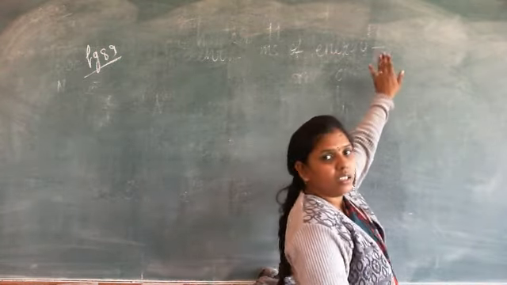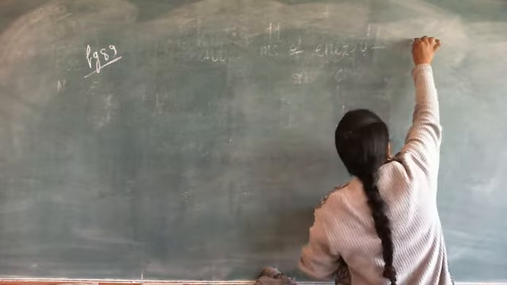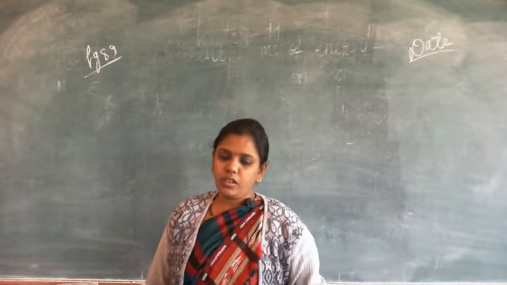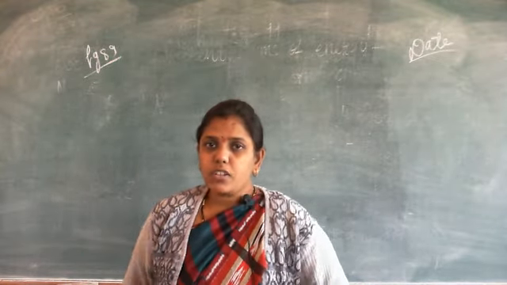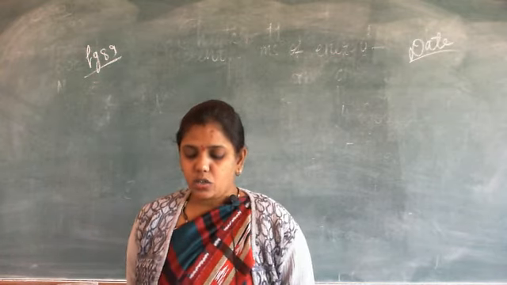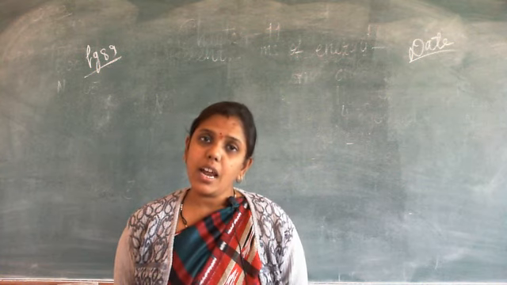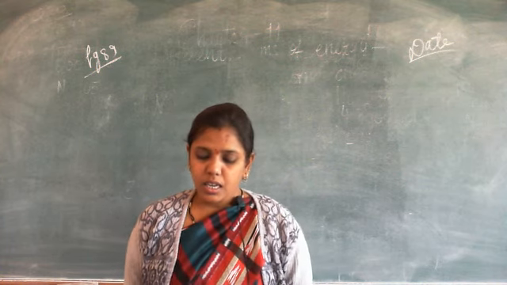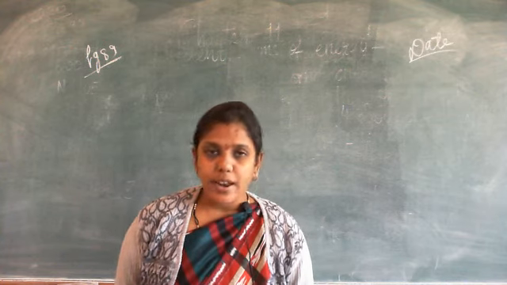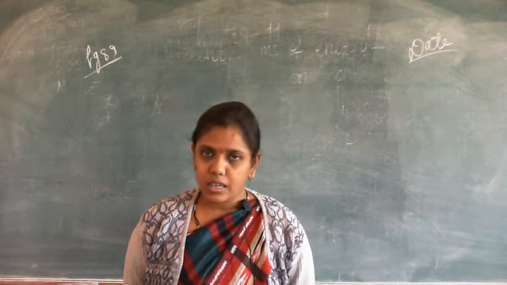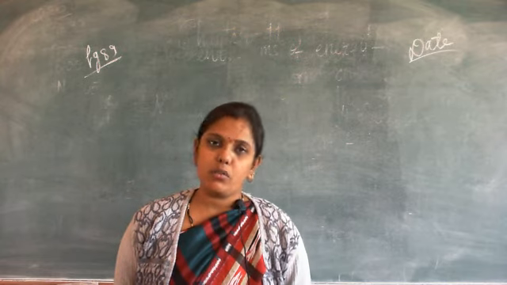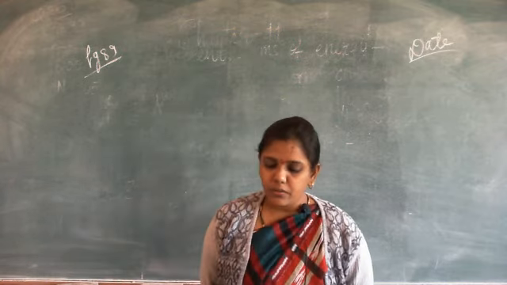First write the date. Write today's date. So the first question is add on the number line. The first question has two parts, A and B. In part A, add on the number line, and B is subtract on the number line. So only two questions are there. We will do some extra questions also, and I will give you some homework questions also. Start writing with me.